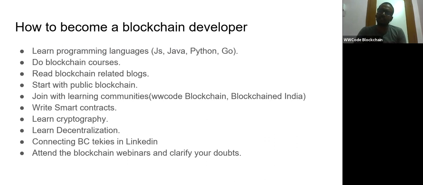And after that, even without certification, you can practice more, learn a lot of things, and put your code on GitHub. Then you show your stuff to the interviewer. You show your knowledge, and they will give you the job. Most of the market is not looking for freshers. Only a few freshers are getting hired, because it's a new technology, so people are thinking about the pressure and want to try blockchain.